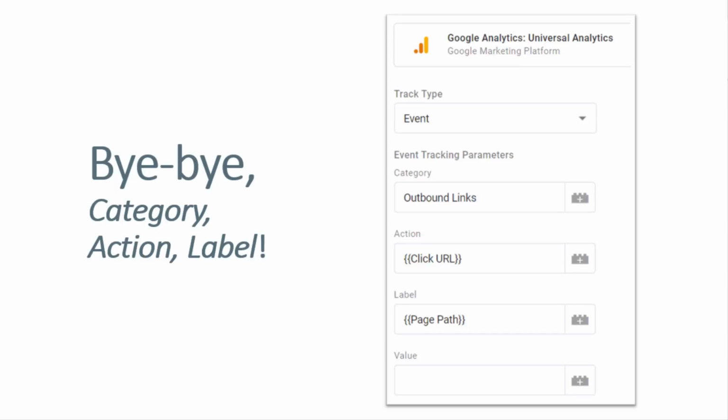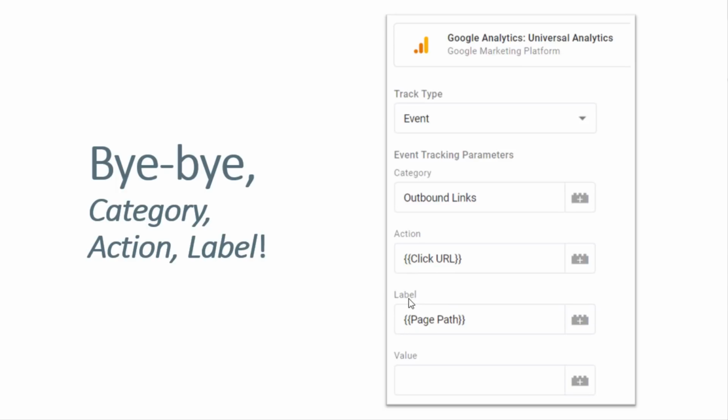There is no need to use or to have parameters that are called event category, event action, and event label. So in other words, these parameters are now retired. And if you are migrating from the old version of Google Analytics, for example, Universal Analytics, to the new version, which is Google Analytics 4, it is not recommended to just blindly create three custom parameters to an event and call those parameters category, action, and label.